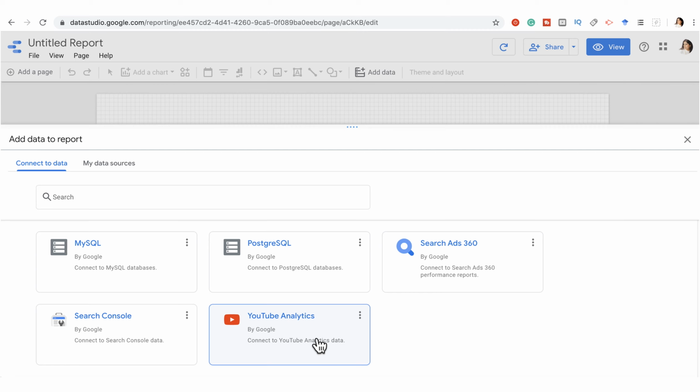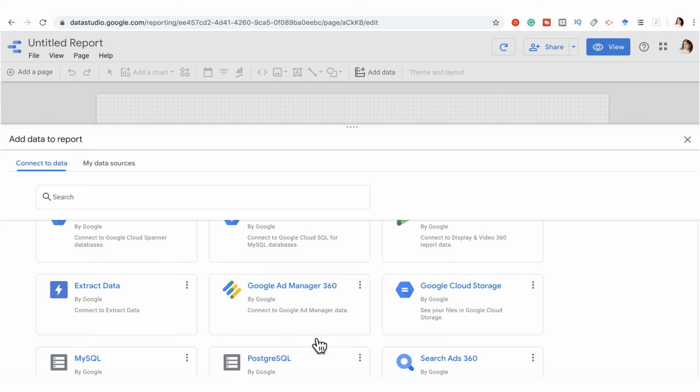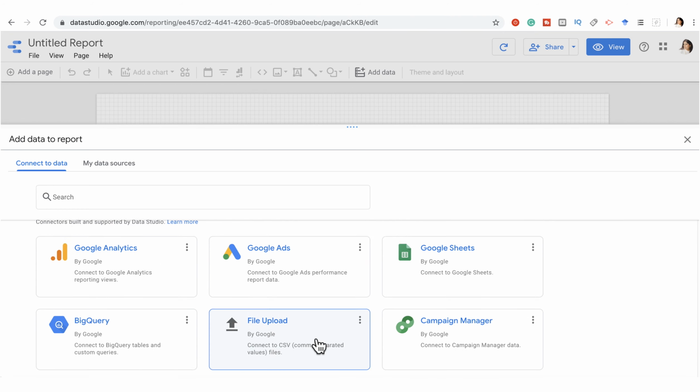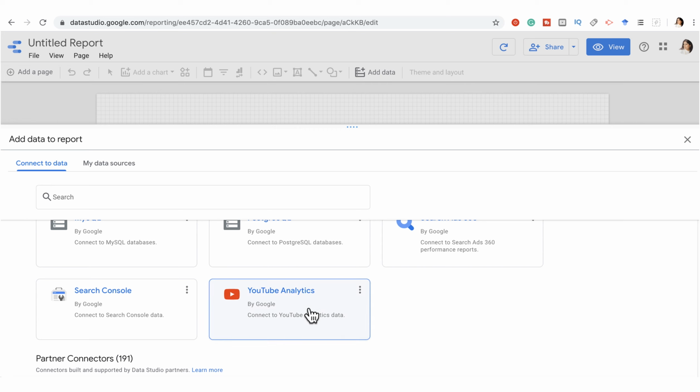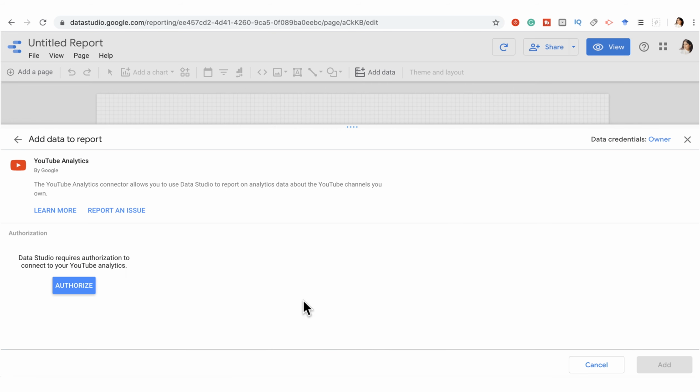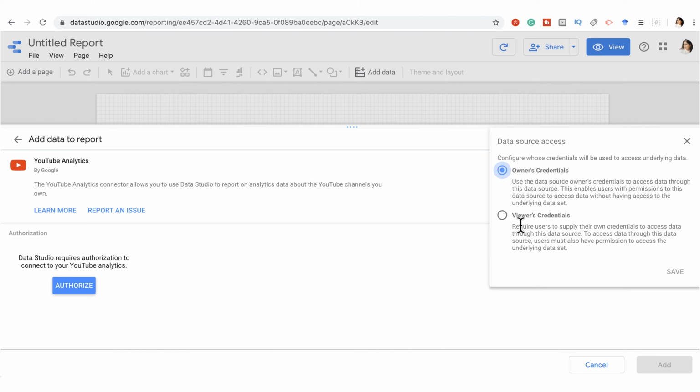If you need to know more about your YouTube account or how your Google Ads are performing, then Google Data Studio is a very good way of going about this. So let's see what happens with YouTube Analytics. So now I want to access my own YouTube Analytics. The first thing about making these kinds of connections,